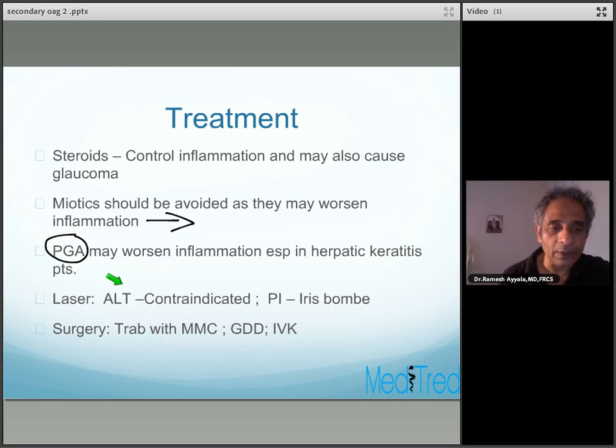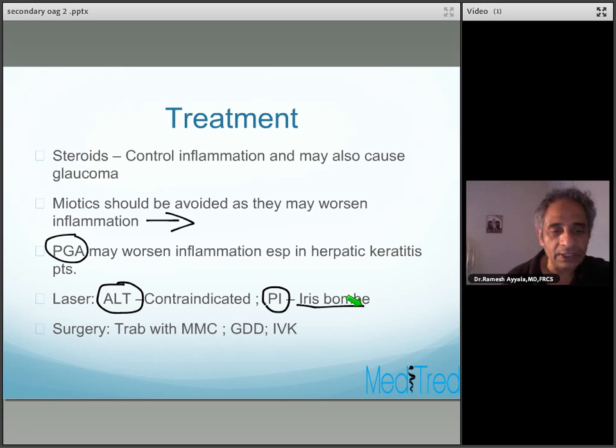Remember, laser iridoplasty is contraindicated in the sense that it does not work and it can actually make the situation worse in the presence of active uveitis, and so it should not be attempted. Peripheral iridectomy or iridotomy using the YAG laser is indicated should you have iris bombé, as we discussed in the previous slide. If the glaucoma becomes uncontrollable and the pressures continue to be high in spite of your treatment,